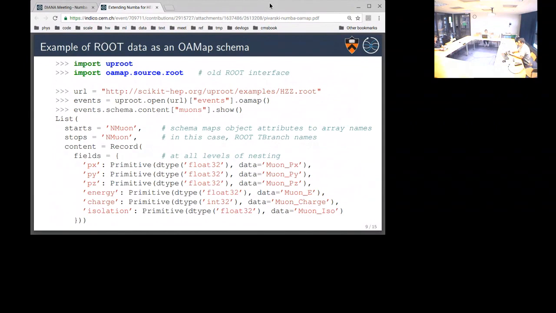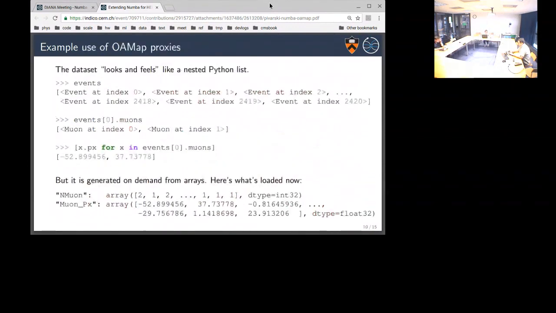In this case, those arrays are all TTree branches. And so when you are working with one of these objects, let's call it events, and then you ask events[0].muons and then events[0].muons.px, it fetches the column of data from the root file on demand.